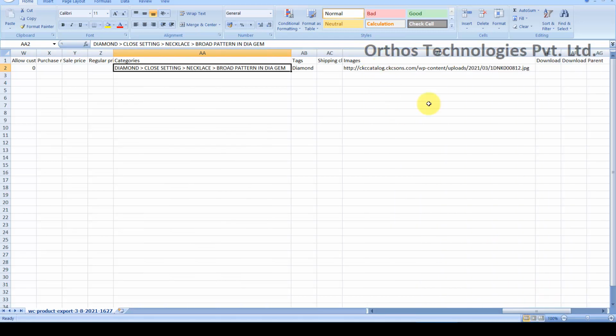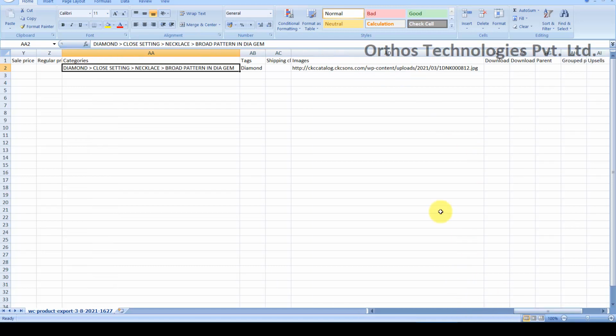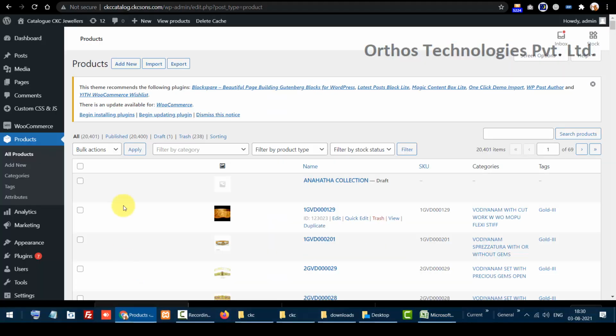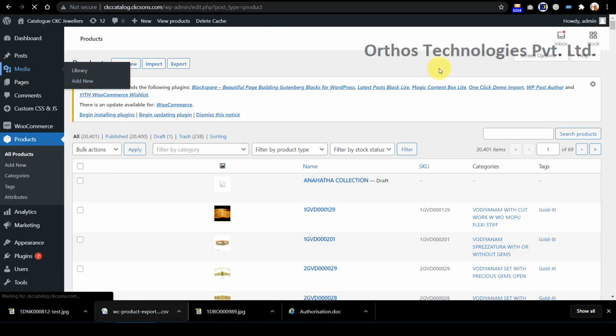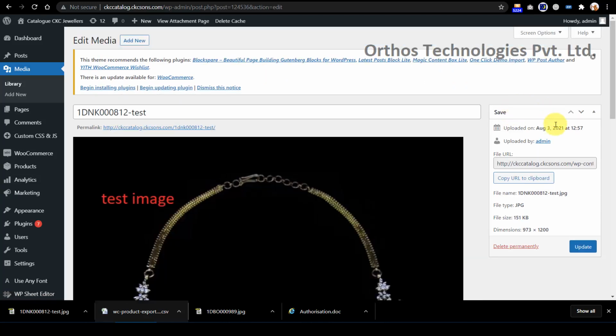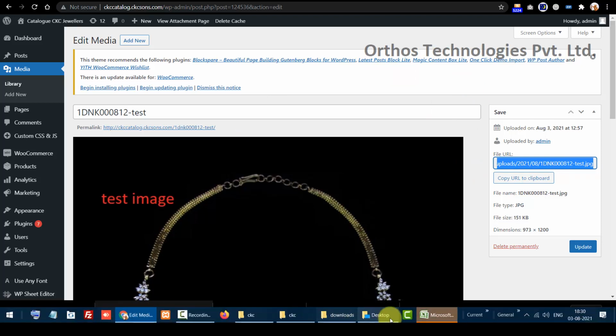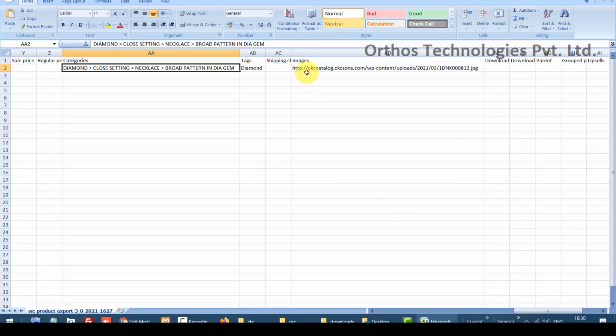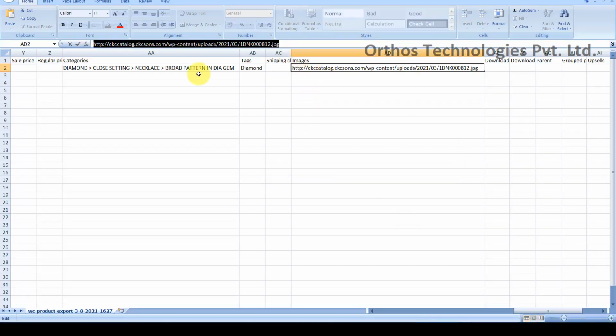So now you have to specify the image path here that WordPress has created. For this you just go to media, and this was the image that we have uploaded. Go to edit and here you can find the path. Here usually there is one convention in WordPress, I'll tell you. So we'll paste this path here.